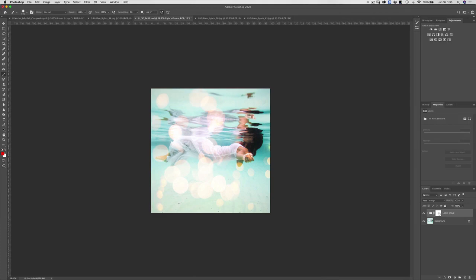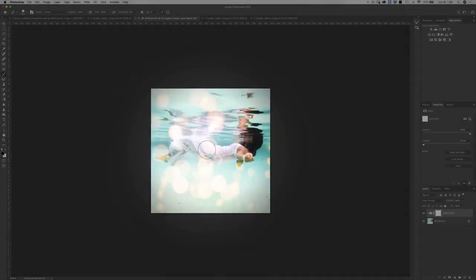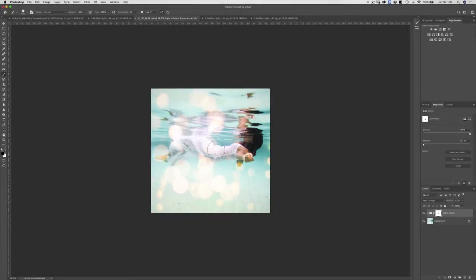Let's go ahead and select our mask, and we'll use our brush tool again on black to paint out the lighting effect from the areas where it's overlapping on the model that I don't like. Now, you can have some overlap and that would be fine, but there are just some spots that don't necessarily look great. So like, I'll leave this one and that one I don't mind, but I don't like this specific one.